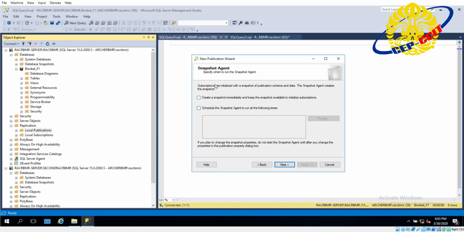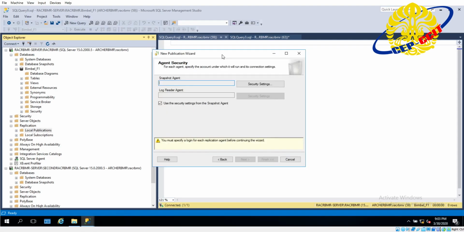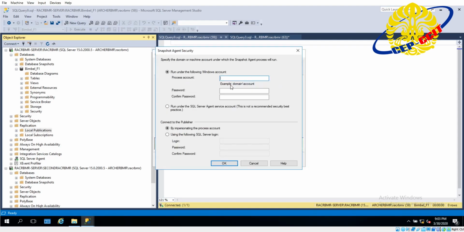Next, this is the snapshot agent, we will check create snapshot immediately. Click next, and then for the snapshot agent, click security settings. In my case, this is my domain, and this is my account. Oh sorry, ArcherBMR.